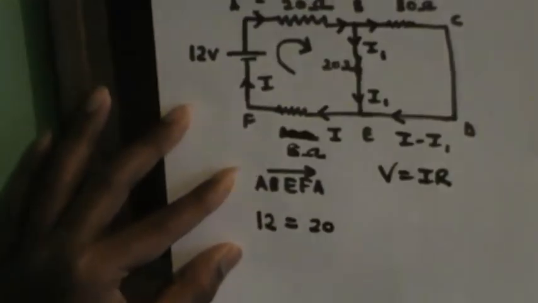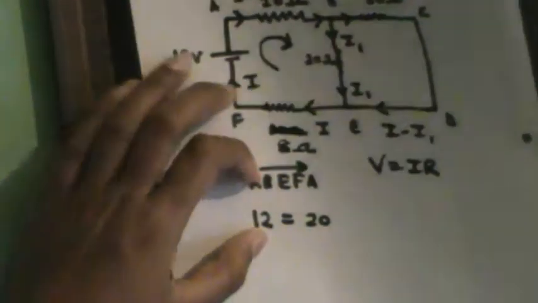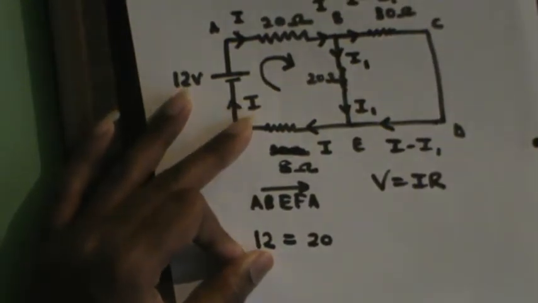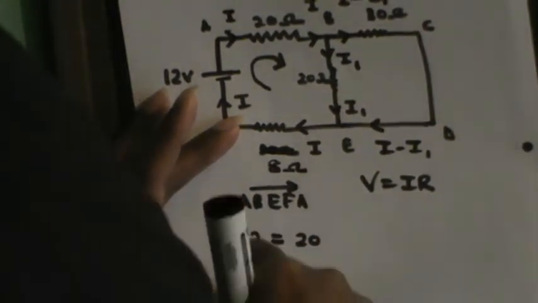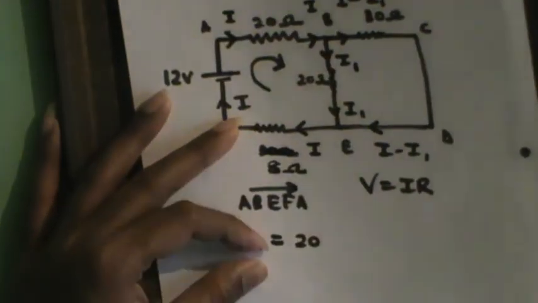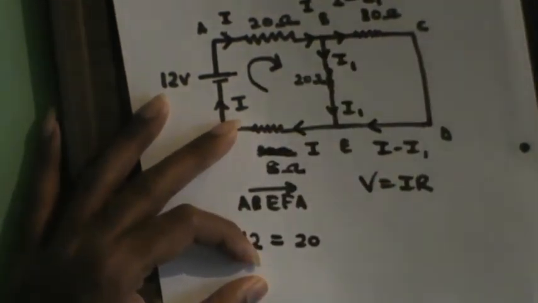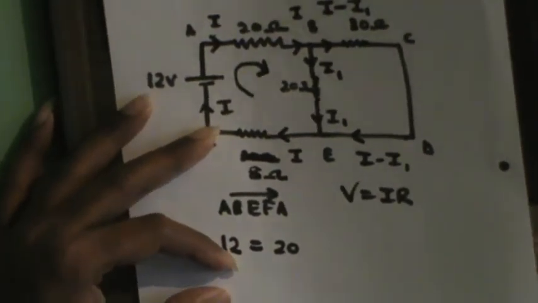So then you put in this direction, so that will be 20I, V equals IR. So to find V, you know from the circuit notation that the total electromotive force around this loop is equal to the algebraic sum of the potential differences around this loop. So the total electromotive force around this loop is 12 volts, because the internal resistance was taken as 0. So that should be equal to the individual potential differences across the resistors in this loop.